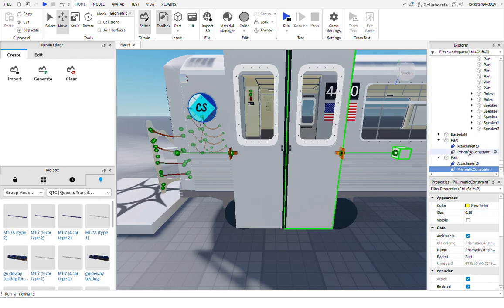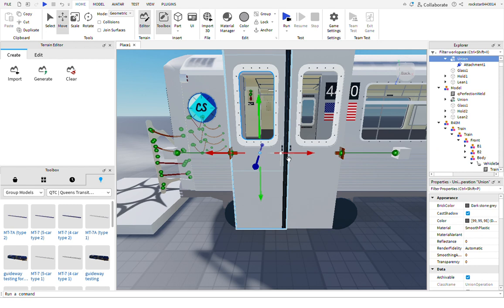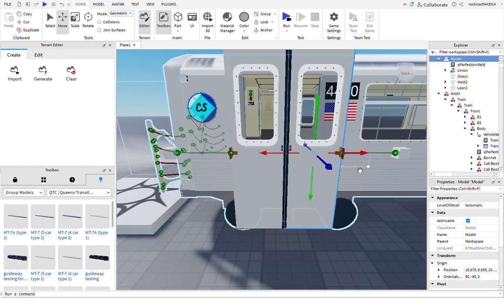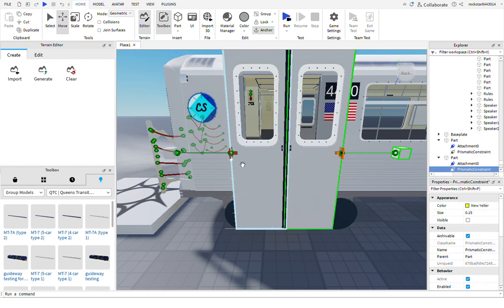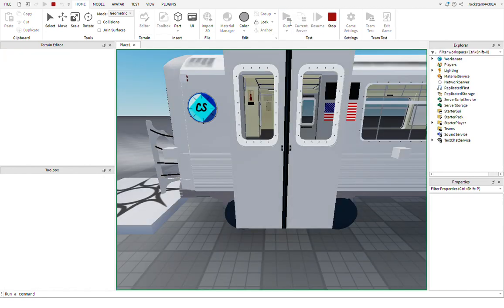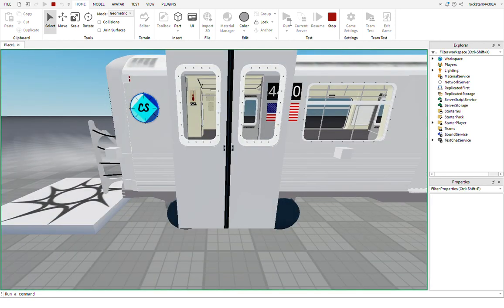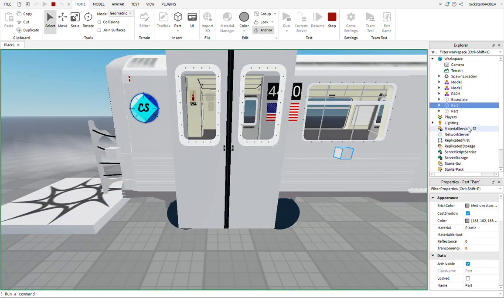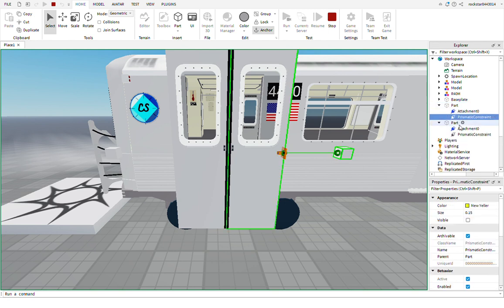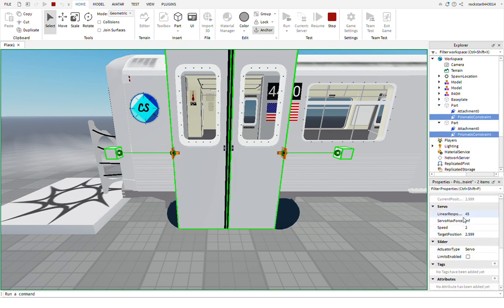And this is useful if you don't want the doors flying out of the train. But sometimes, if you don't want the doors to move out of position at all, let's say you bump the train, but then you don't want it to bump that way. You have limits enabled. Oh wait, I did forget to show you that part. Why did I stop it? Anyways, as I was saying,